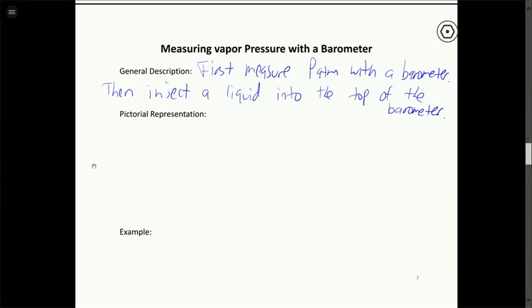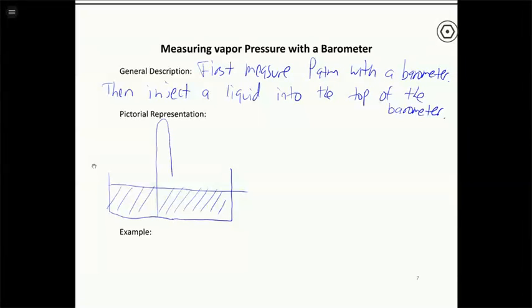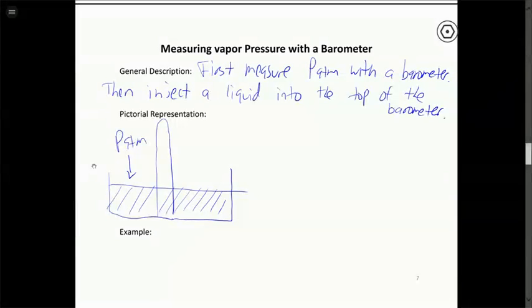All right, I couldn't find a good picture of this, so I'm going to attempt to draw one. So what you have initially is your barometer, which is sort of like a bowl of mercury, and then it has an inverted tube in it that has the mercury that goes up. Basically, your atmospheric pressure pushes down and forces mercury up the tube.